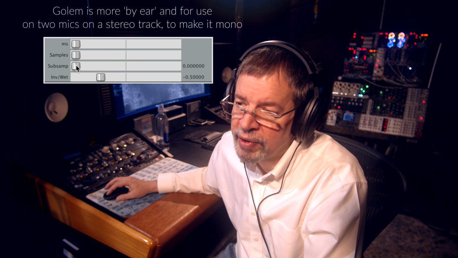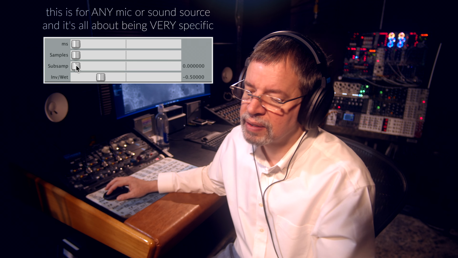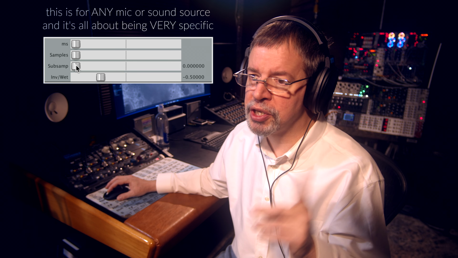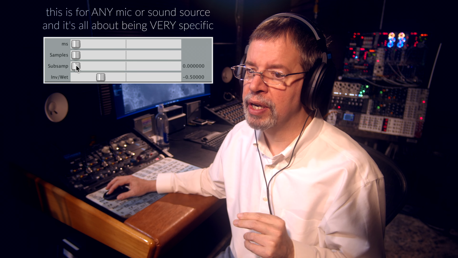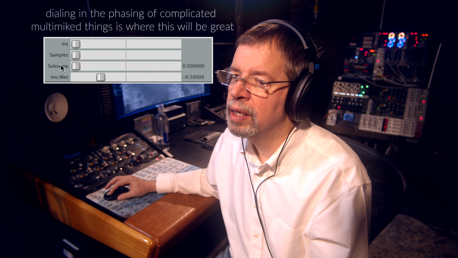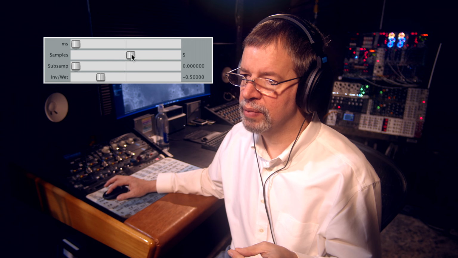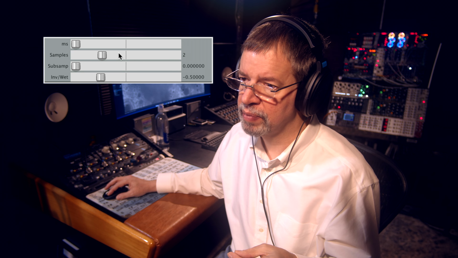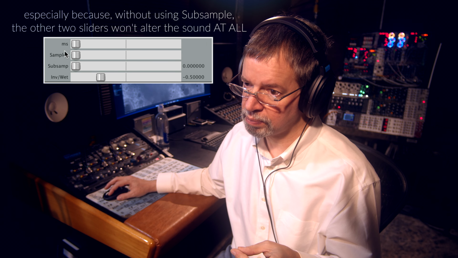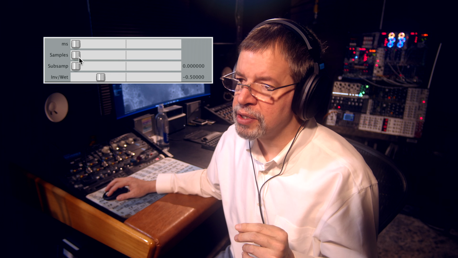Or you could be having this on a single microphone, like a snare mic or something, and you're trying to position it inside a mix of other drum microphones. And you might want to move it backwards by a certain number of samples so that it, against other sounds,